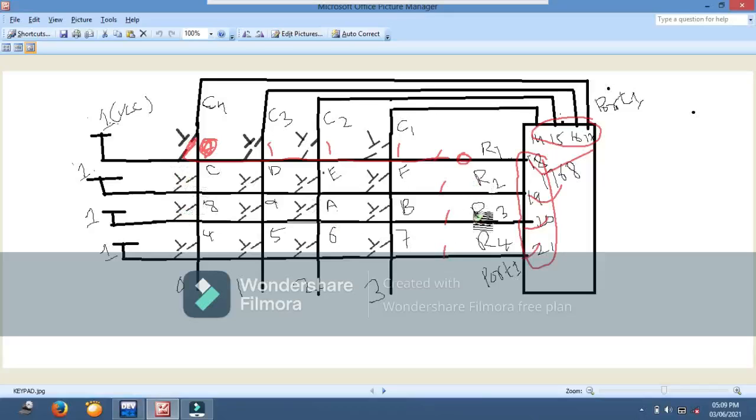When this key is pressed, 0 will pass to R3. When this key is pressed, 0 will pass to R4. But since this key is pressed, 0 will pass to R1 only. So it means that when you send 0 1 1 1 to the column, R1 becomes 0, in the sense that this key is pressed. Hence, when you find R1 to be 0,